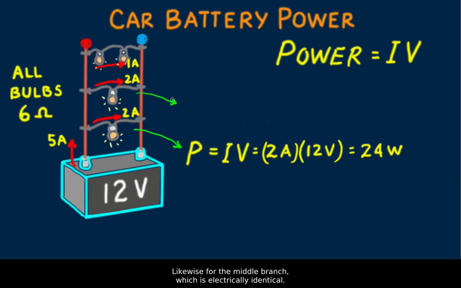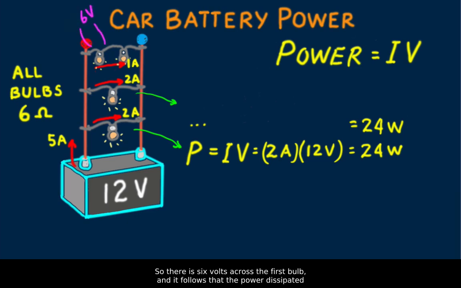Likewise for the middle branch, which is electrically identical. So the middle bulb also dissipates 24 watts of power. Now how much power does each of the 6-ohm bulbs in the top branch dissipate? Well, we know the current in each is 1 amp. What's the voltage across each bulb? Recall voltage drop? Since the bulbs are equal in resistance, can you see the 12 volts across both bulbs in the branch divides evenly? So there's 6 volts across the first bulb,